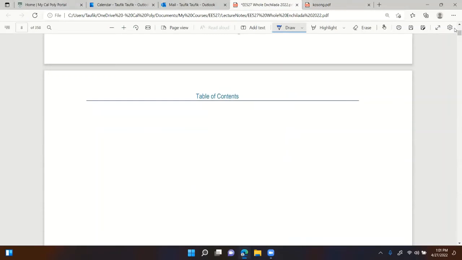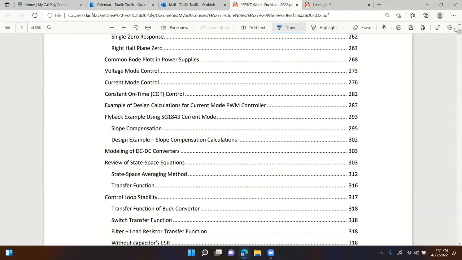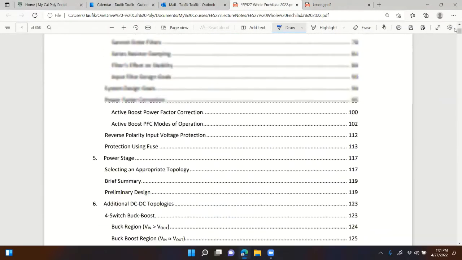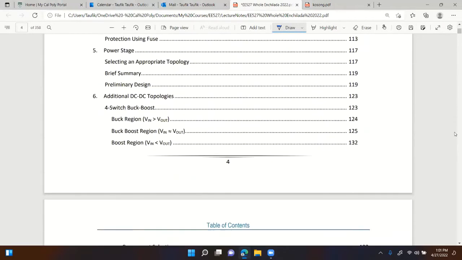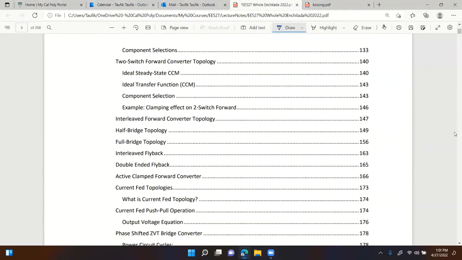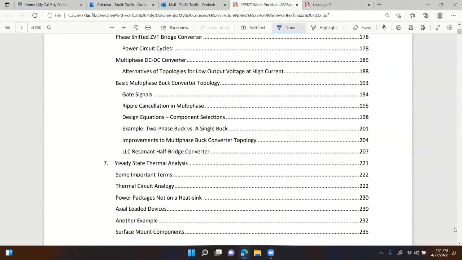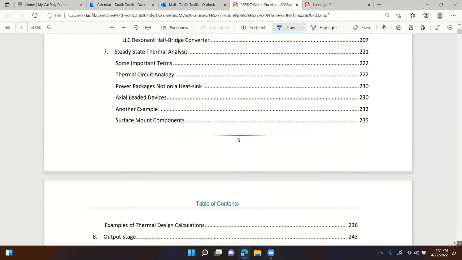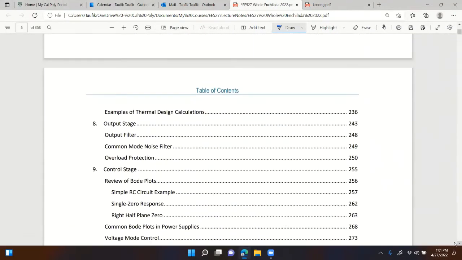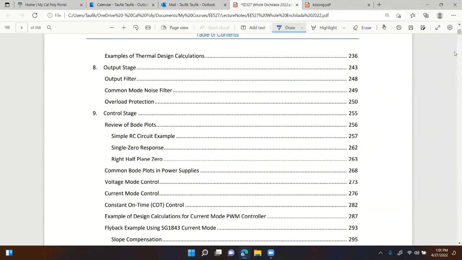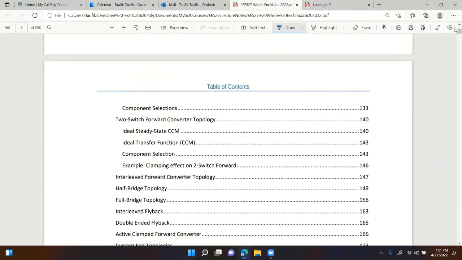Let me go to the table of contents. So we've done chapter 7, chapter 8, chapter 9. I'm starting from the last 3, and then we're going to go back to the beginning of the book. However,